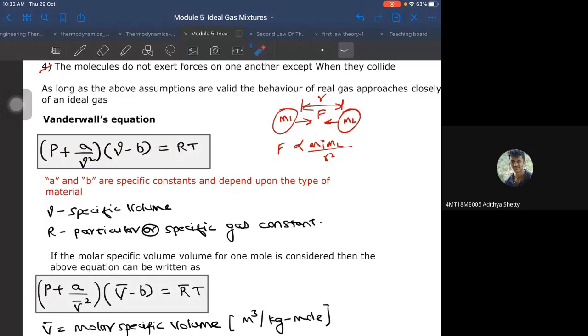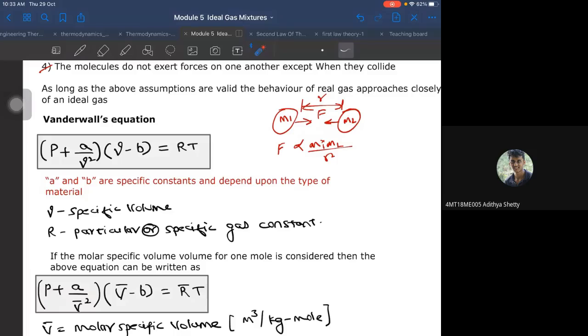This famous equation is known as the Van der Waals equation, where you have two different constants, a and b, which are known as the Van der Waals constants a and b, and these constants depend upon the type of material. That means if you go for nitrogen gas, these constants would be of different value. If you go for another gas, the constant values for a and b would be different. All these aspects we shall try to derive, for this Van der Waals equation, and know the expressions to calculate a and the expressions to calculate b. All those things we will analyze now.